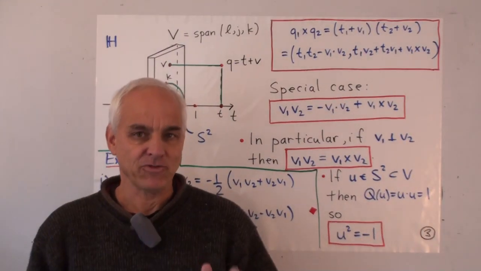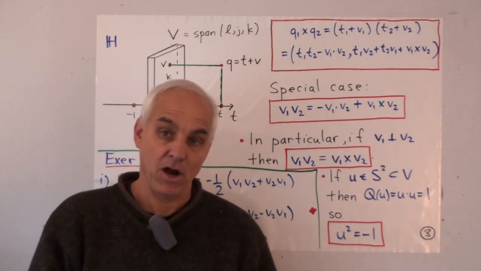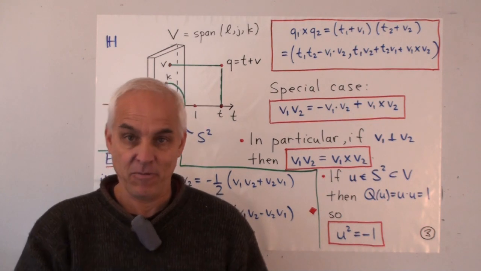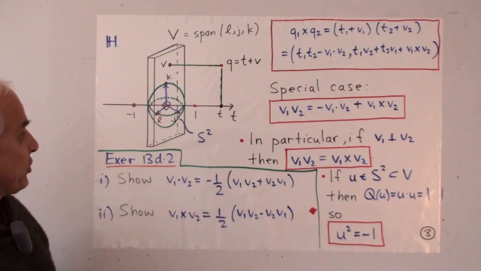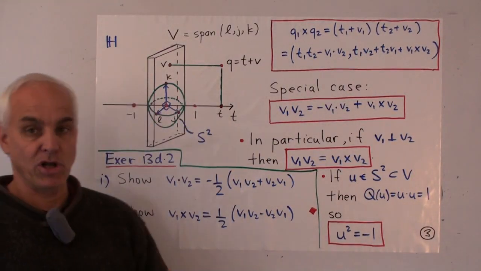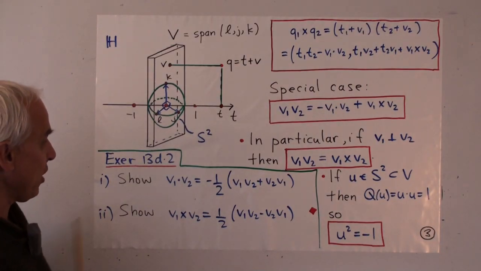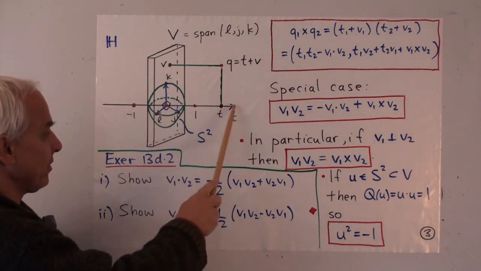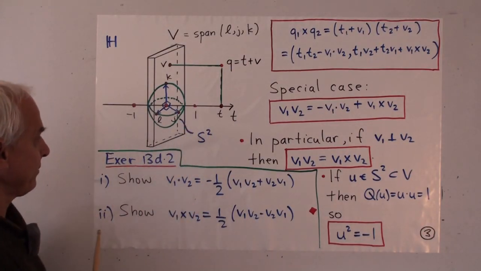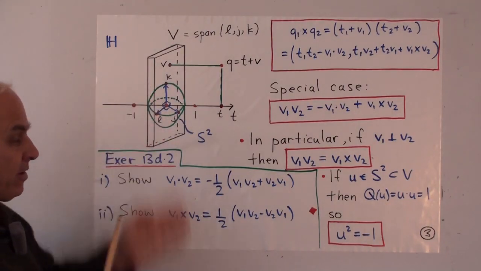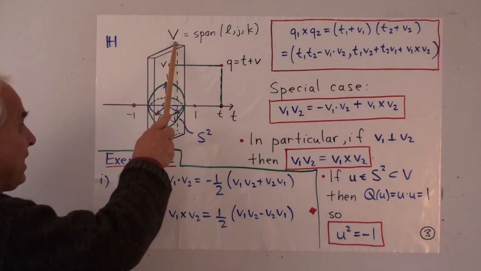Great. So now let's remind you of the basic setup of quaternions that we introduced in our last lecture. And if you're not very familiar with that, please make sure you've watched that last lecture. So the quaternions are a four-dimensional space. And we're going to picture that four-dimensional space in terms of a horizontal line, the t-axis, on which there's the number 1, and then a transversal plane, which is actually three-dimensional, which we're going to call V.